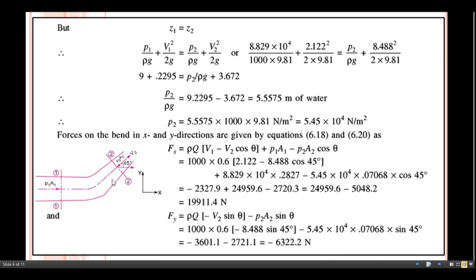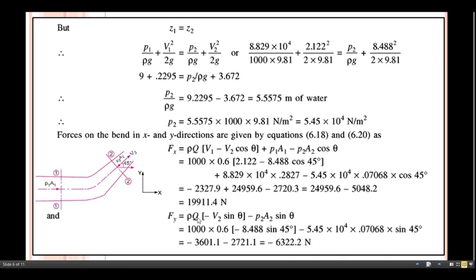Now focus only on the vertical forces. For that it is very necessary to resolve P2 A2 in the vertical direction as well as in the horizontal direction at the same time. Resolve this V2 in the vertical direction and along the horizontal direction. Just focus only on the vertical components and get the summation, Fy. Why am I saying summation? Because this indicates the summation of all the forces. So Fy indicates this term.